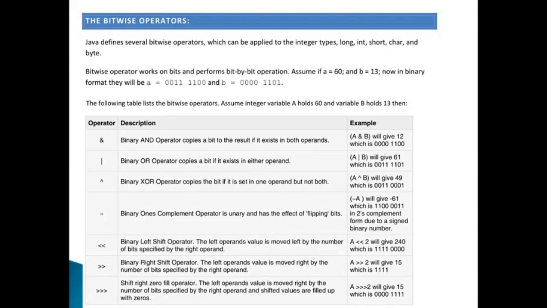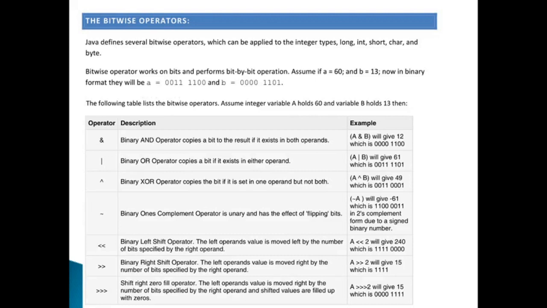I was talking about the binary left shift operator and the binary right shift operator. A binary left shift operator means that whenever it is applied on a particular variable, the leftmost bit is dropped and the whole pattern of the bits is shifted towards left, and at the end a new 0 bit is introduced at the tail of that variable. Then this is the binary left shift operator. Whenever we binary left shift, the number gets multiplied by 2.